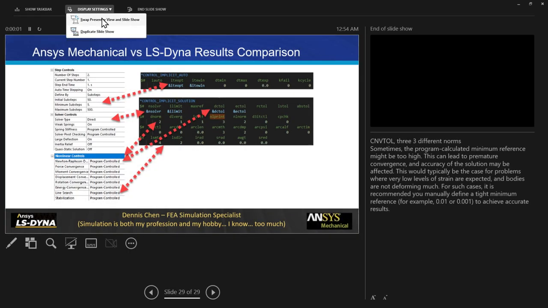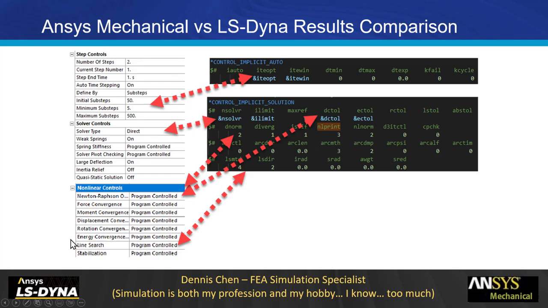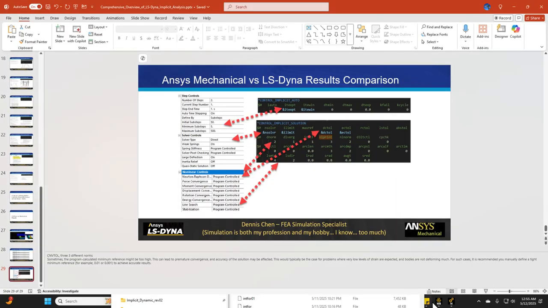And last but not least, right? If you look at the actual comparison between mechanical and Dyna, these are actually mechanical windows, right? So the direct solver corresponds to that. The time step control corresponds to this card. The Newton-Raphson control corresponds to this value right here. These are the residuals that you're defining right here, and then line search is being defined right here, right? So everything you have in mechanical, you also have on the Dyna side, with the exception that you're using it mostly on a